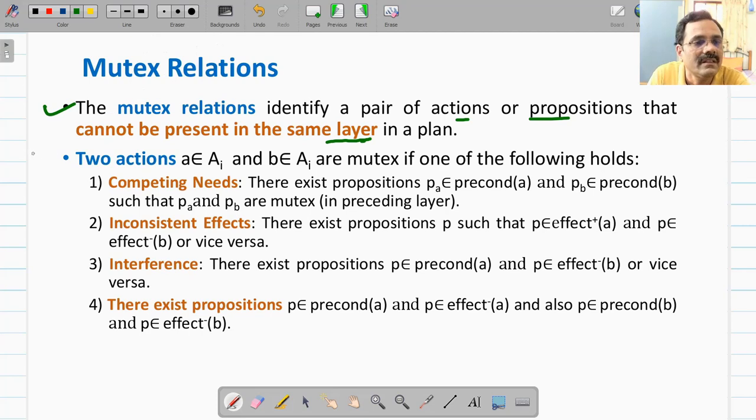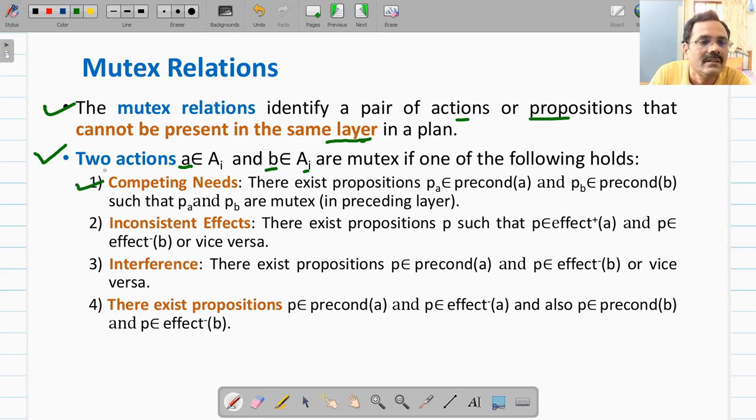First, consider the case of mutex actions. How to identify mutex actions? Suppose we have action A belonging to layer Ai and action B also belonging to the same layer Ai. They are mutex if any one of these four conditions holds. Actually these are three conditions, because the fourth one is a special case of the third one.